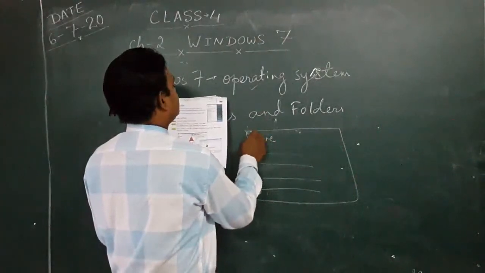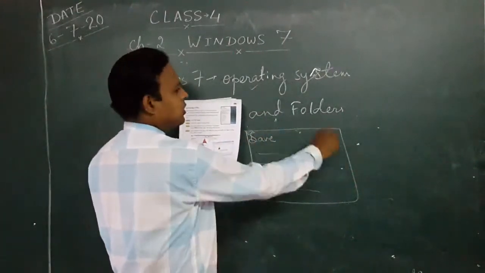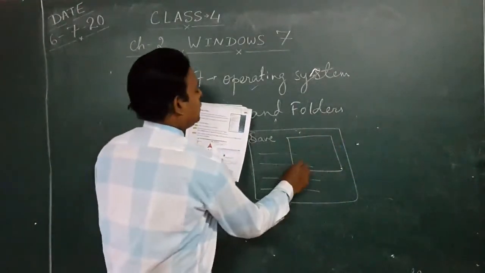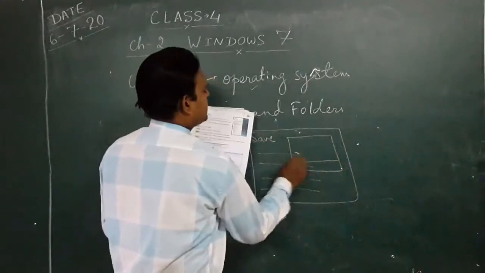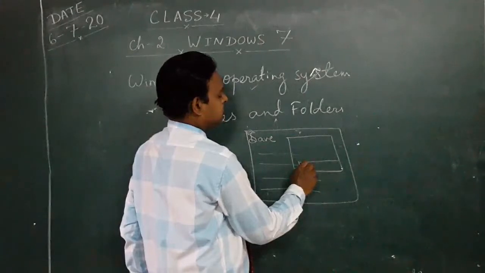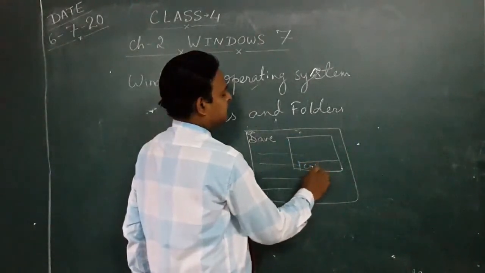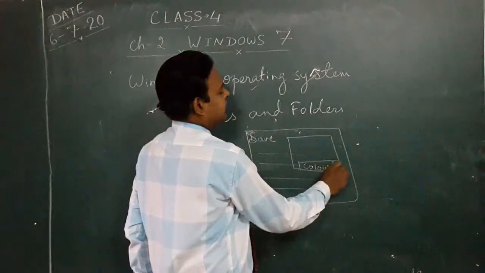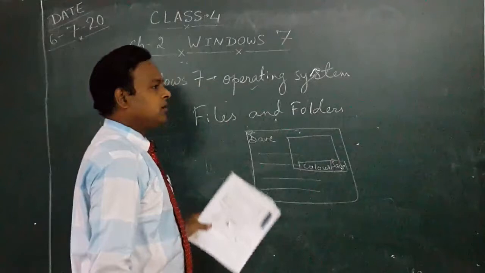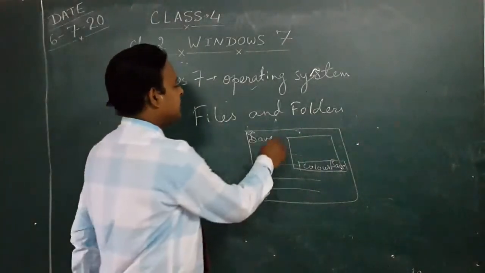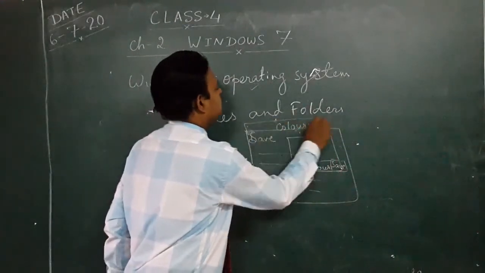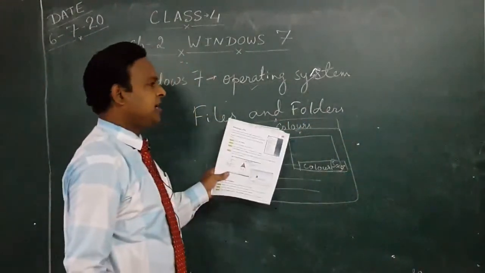The Office button is there. You have to click the save option. One box will appear and you can type your name. Suppose I have to save it with the name color, and click on the save button. Now whatever I have typed here, I have given a name, so the name color will appear on the top. That means I have created a file.